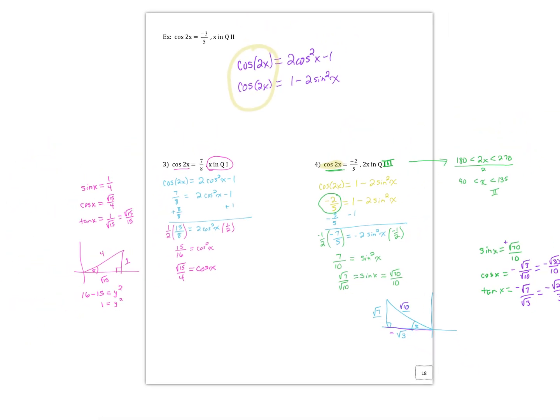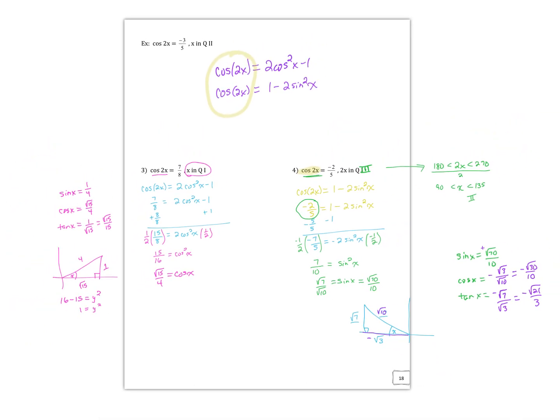So does it really matter which one you use? Not if you're given the double. Now if you're given the single, you have to use the specific one that you're given. But with the double, it does not matter. Okay? All right, homework